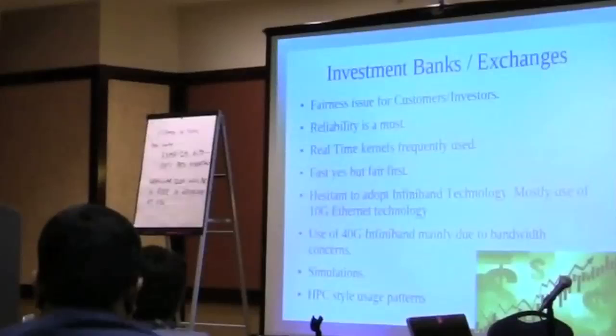Exchanges and banks also have mostly more HPC usage style. So they have the same problems that high performance computing has, with having high throughput. They run simulations of market events, and they have huge computational farms where they will try to predict what's happening next in the market. And banks particularly have extremely complex algorithms that calculate valuations for various symbols and various products worldwide. And those get more and more sophisticated every day, and it takes more and more time to calculate that.